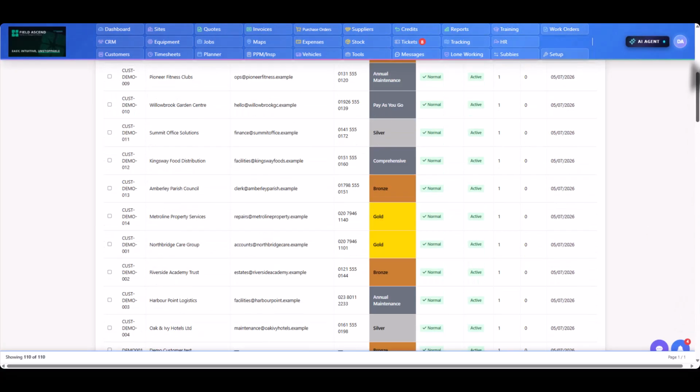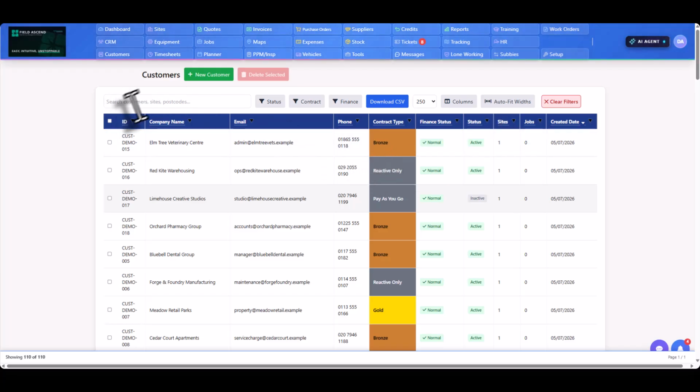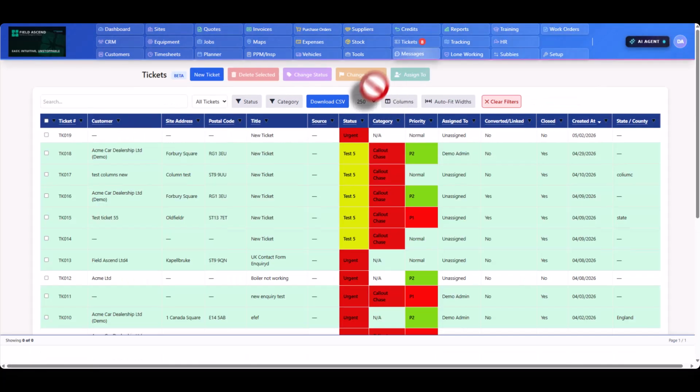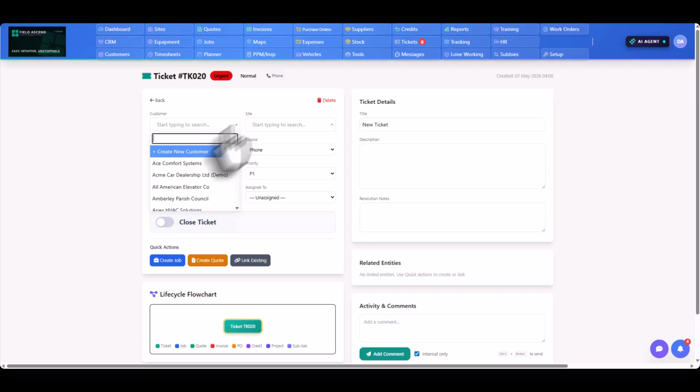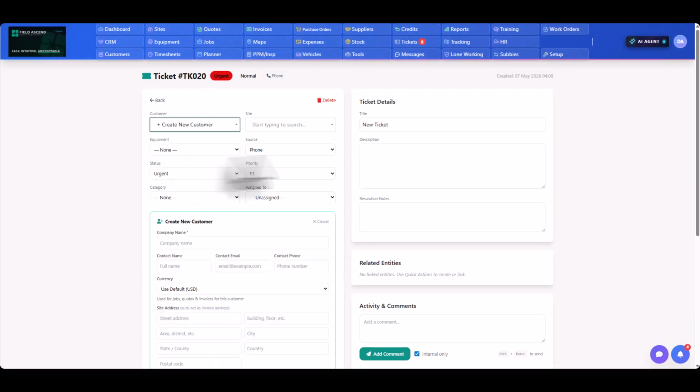All right, the final two ways. We can add customers through the ticketing system. The ticketing system is designed for incoming calls, and it can also connect to your website inquiry form and email. Click New Ticket. When a new customer calls in, if it's an existing customer, say chasing an update on a job, you can just select them from the list. But if it's brand new, there's an option to create a customer right here. Click New Customer, fill in their details just like before, and hit